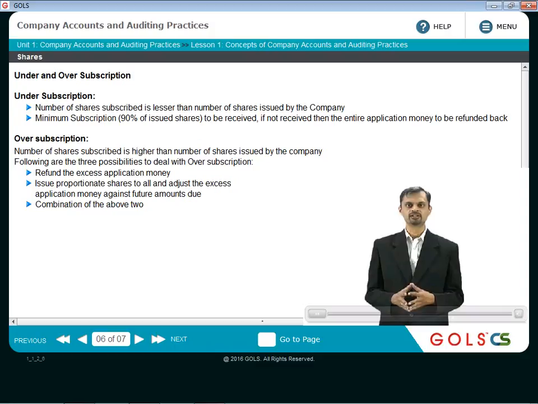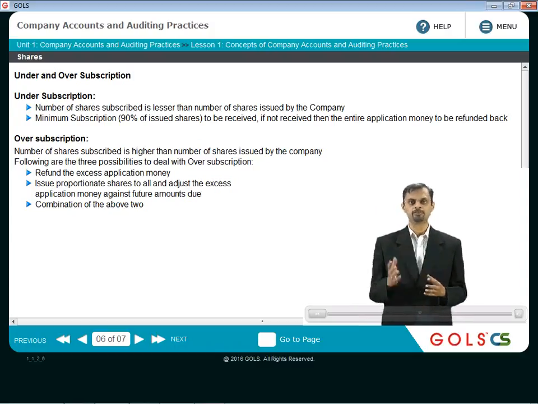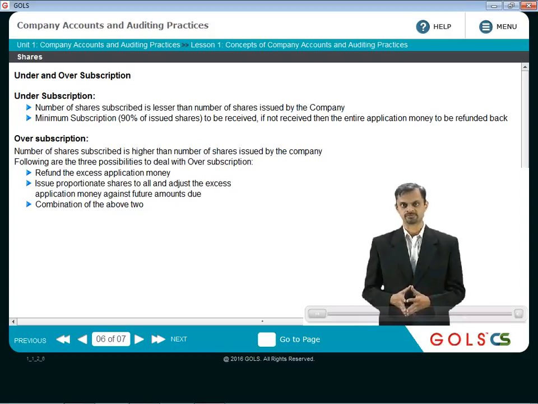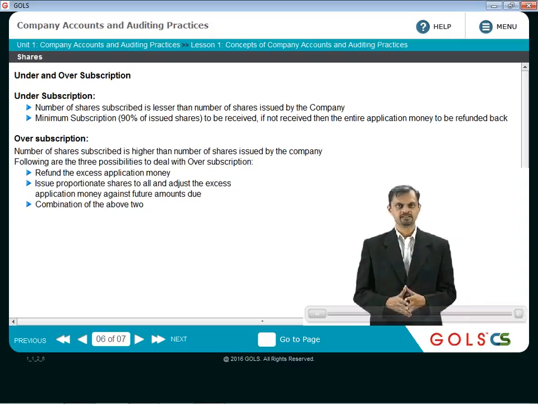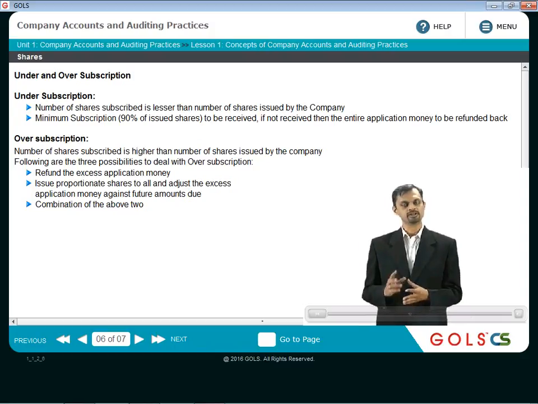So in order to make sure that nobody is unhappy, there is another option that the company can follow, and that is called pro rata allotment. So pro rata allotment means basically to all the applicants, company will allot the proportionate number of shares. So let us take a very simple example that the issue size was 50 lakhs and people actually applied for 1 crore. So then what will the company do?